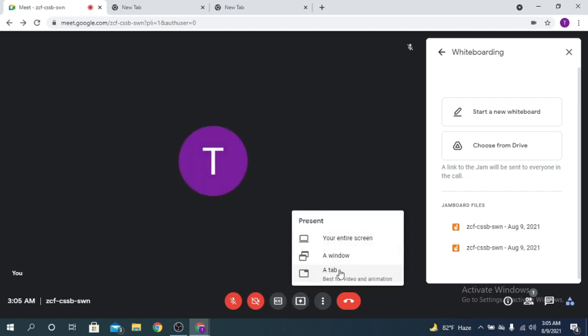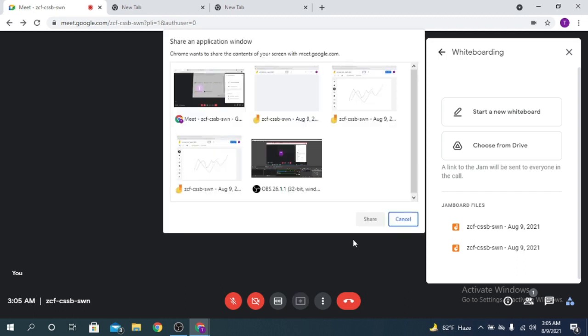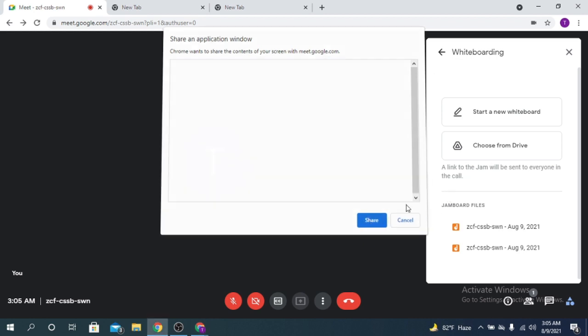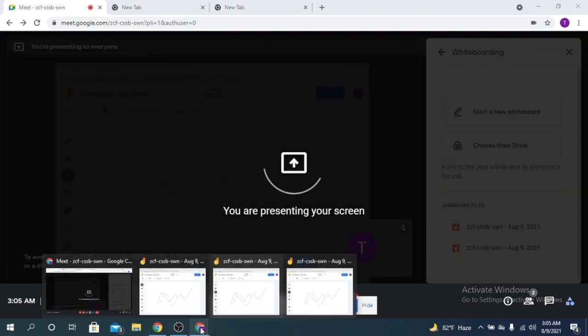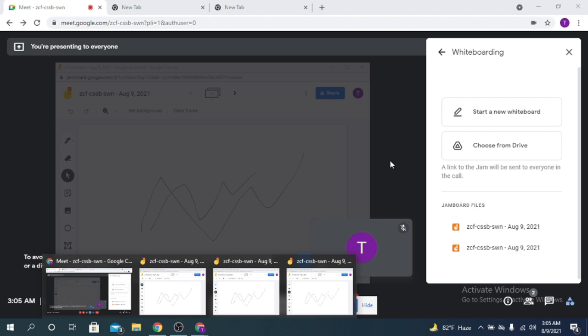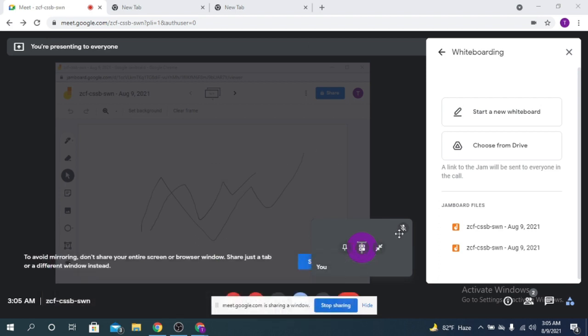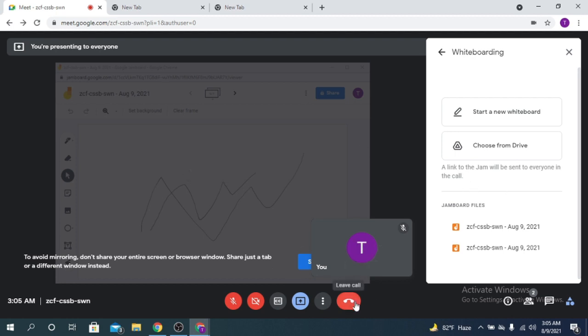Now here are different windows. If you want to show just this window, then select this window and share. Okay, then only the Jamboard will be present. Only the Jamboard will be shown to the viewers or to the group members, to the members that joined the call.